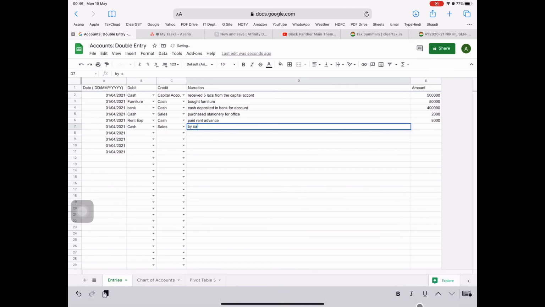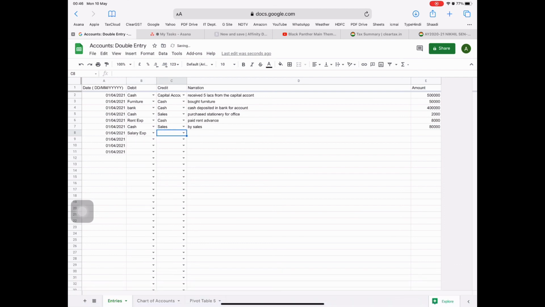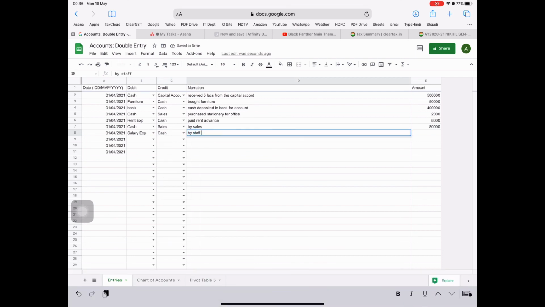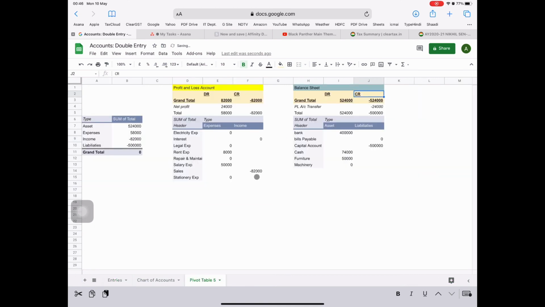As you can see, our income is 82,000 while our expenses are 58,000, so we have a net profit of 24,000, which is shown on the liabilities side in the balance sheet, because the business owes this to the capital account.